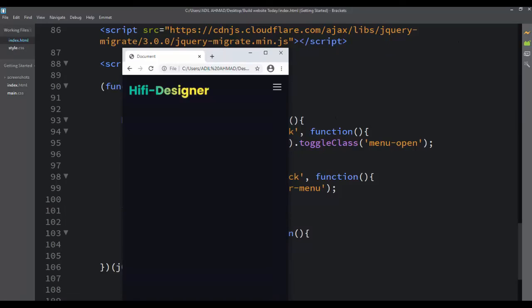Hi, welcome back. Friends, in the previous class we have worked for this navigation bar, and this is responsive. See here. Friends, right now in this class I'm gonna create some different